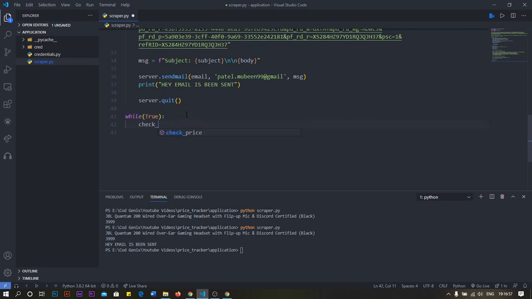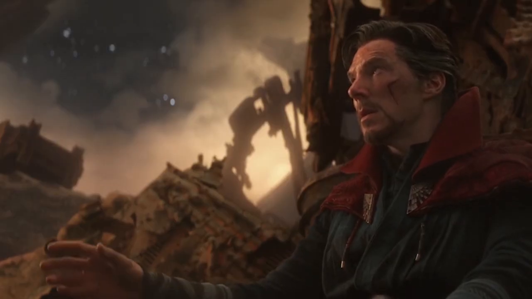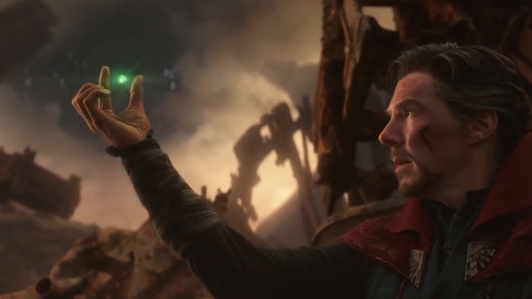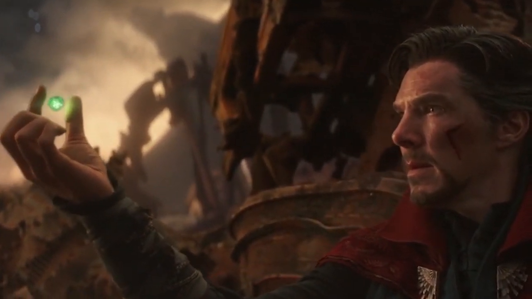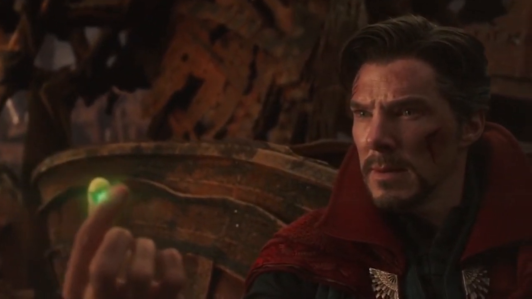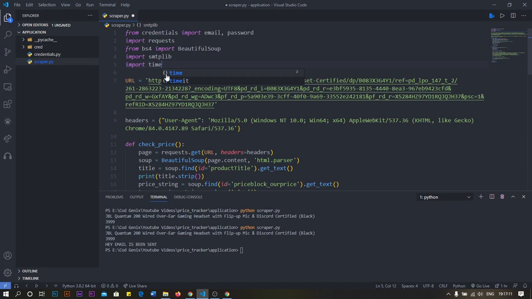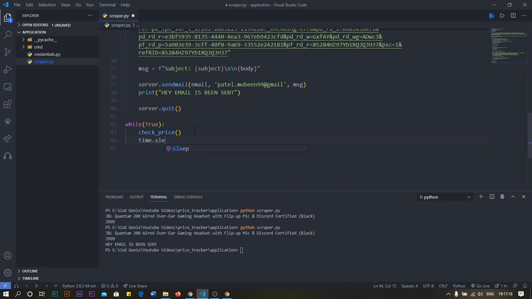After doing this, we'll make the program go to sleep. To do that, we have to use the time library. So we go here and say import time. And after doing this, we come down below and say time.sleep, and this only takes one parameter, and you can see it says in seconds.